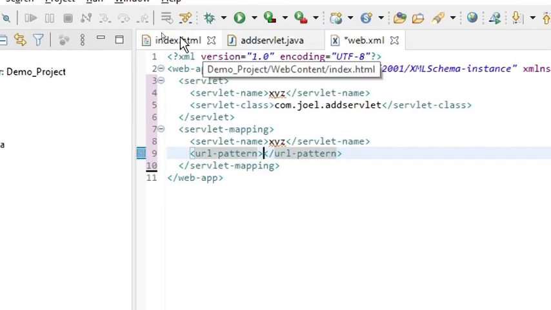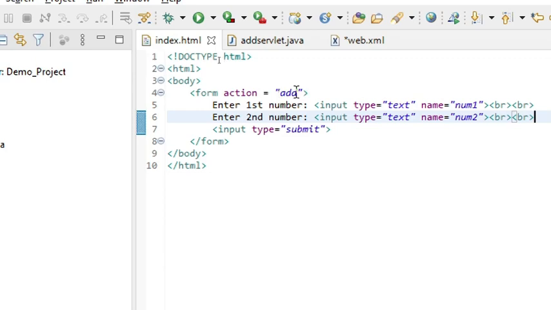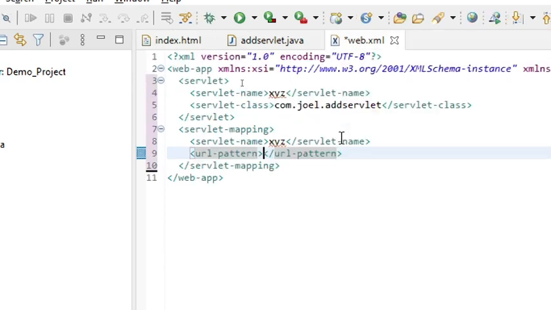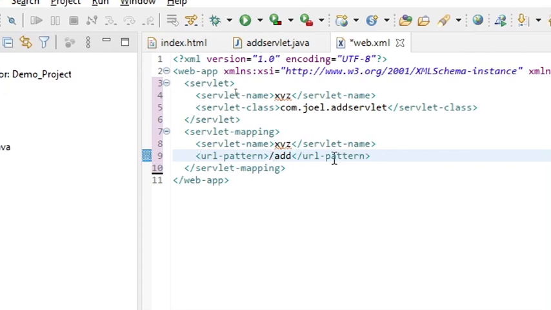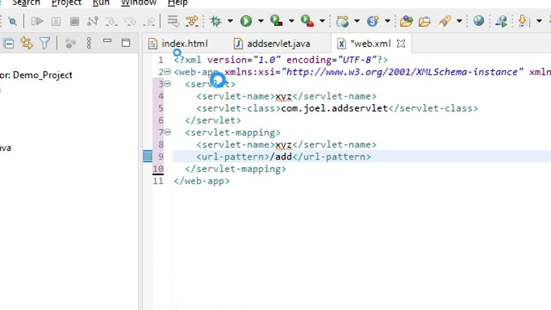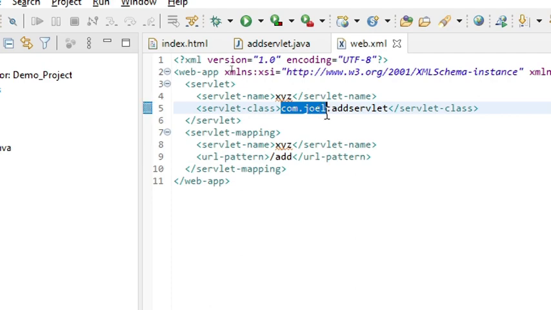So what is the URL we have? Add is a URL that we have. So you have to use this add, but before that you have to use one forward slash. So that's something mandatory, you have to use it. Okay, so please remember the servlet name should be common in both this servlet and mapping, and this class should be having your package name as well as the file name, and here you have to use the URL with the forward slash.